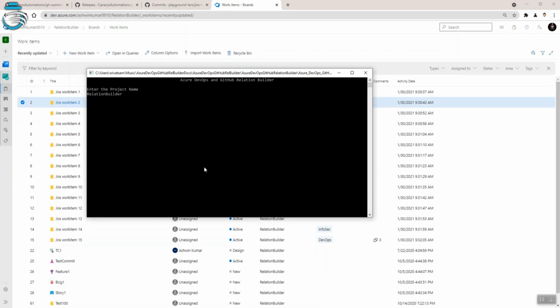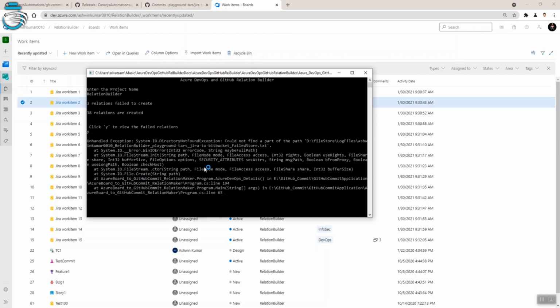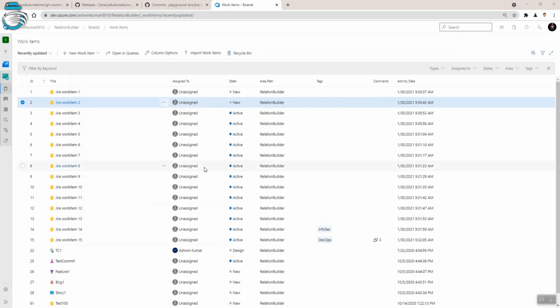When I enter my project name, it will analyze and start linking these relations for my work items. You can see that there are three relations that failed to create. If I want to see why they failed and what the reason was, I can actually go and do that now.